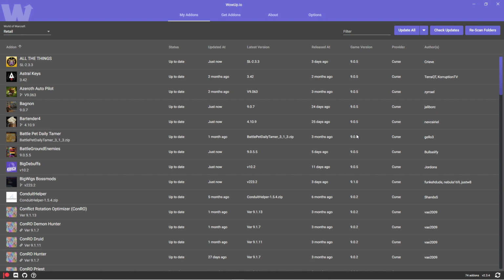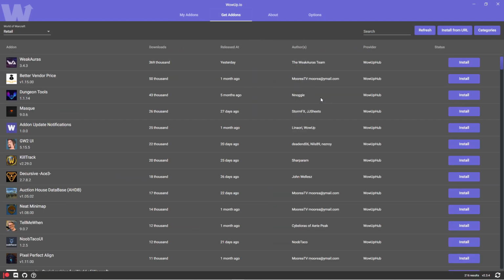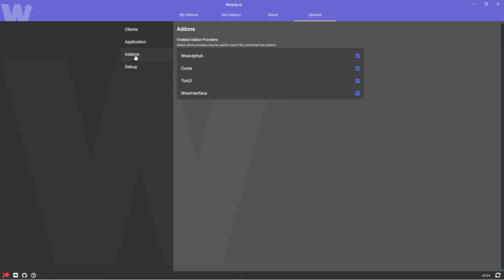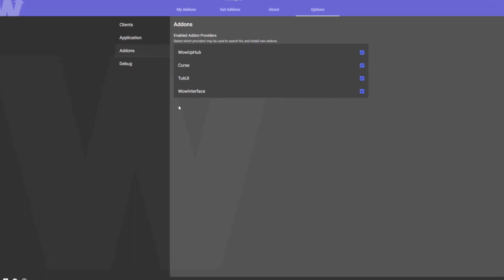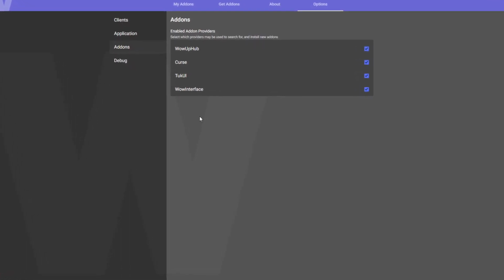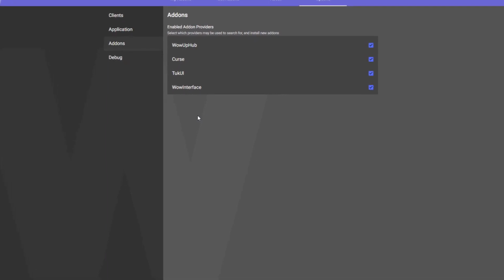The second add-on manager I tested was WoWup. This manager has gained a lot of popularity recently because it's easy to use, but it doesn't collect any data or have any ads. It also allows you to install add-ons outside of the Curse repository, which means you can easily manage add-ons like ElvUI, TukUI, and Venture Plan.